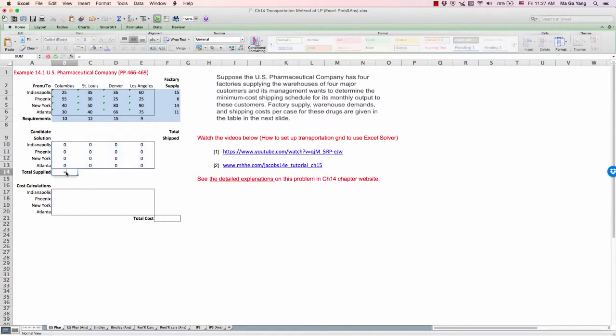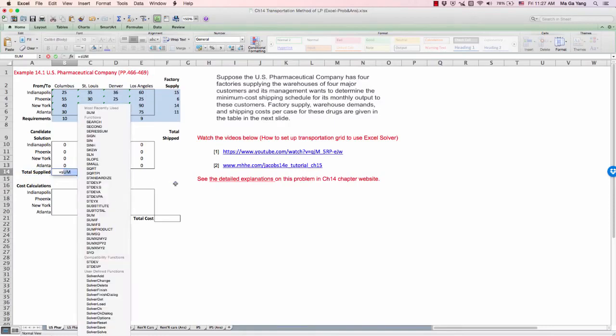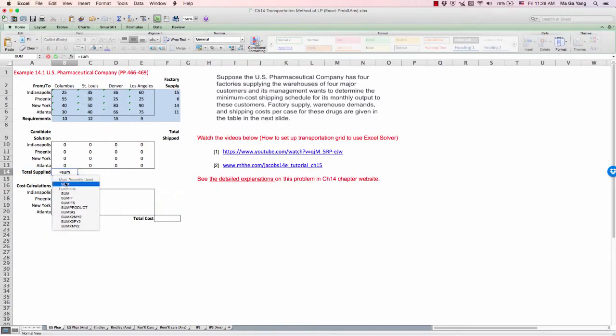And this is the total supply. So we use the Excel sum function to sum up each one.